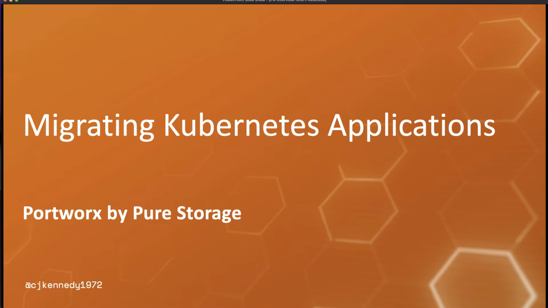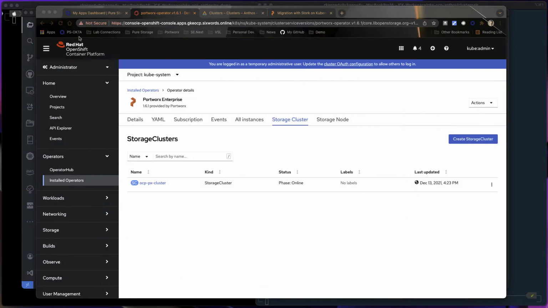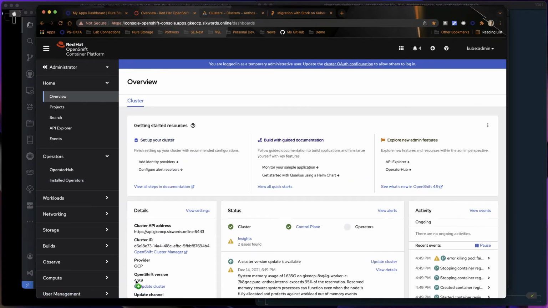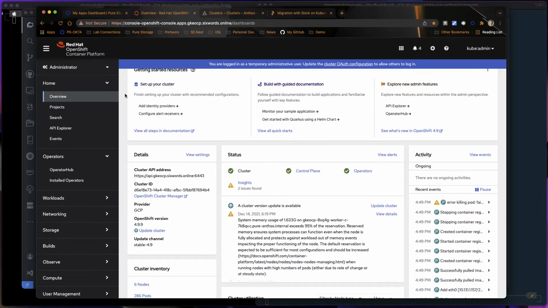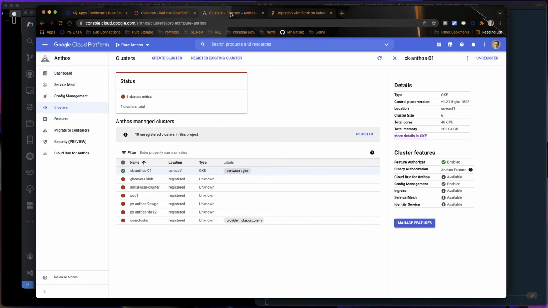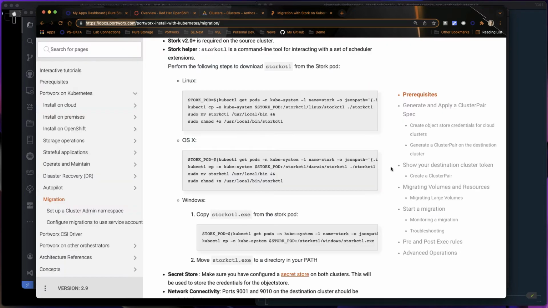Today we're going to take a look at migrating Kubernetes applications between different clusters using Portworx by Pure Storage. So I've set up two clusters to work with. The first is a Red Hat OpenShift cluster, running version 4.99, which is based on Kubernetes 1.22. And then our second cluster is a Google Anthos cluster. You'll see it here, CK Anthos, and it's actually built on 1.21. All of the instructions for everything I'm doing are available on our documentation site at